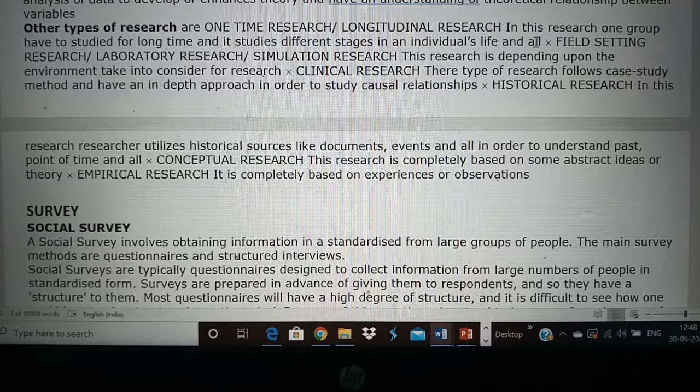You may ask, when we have seen it in patients, why do we have to do research again? Here is where the term validity comes. When you observe something in a patient, you cannot publish it saying that it is true. You have to use a proper process, do proper sampling, and then do research, and only then can you come to a conclusion that it is applicable to the whole population. That is why for validity you do research, and that is empirical research.